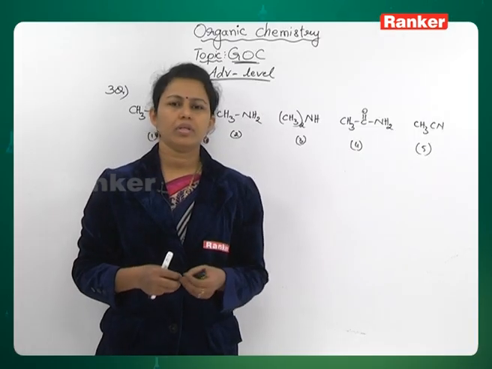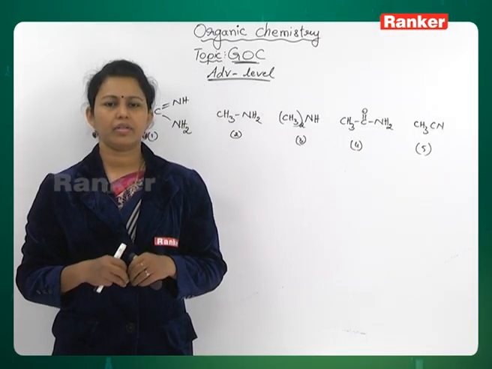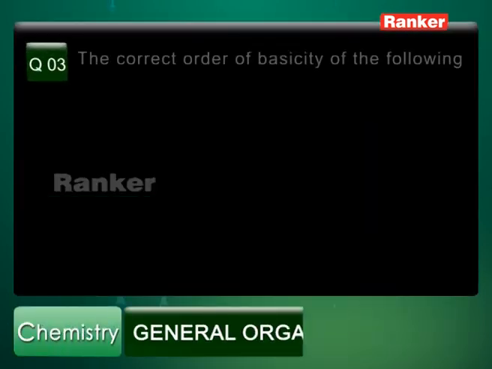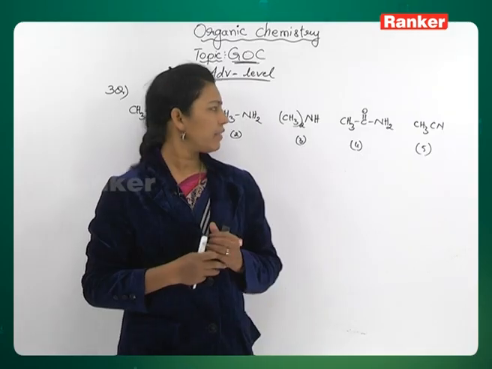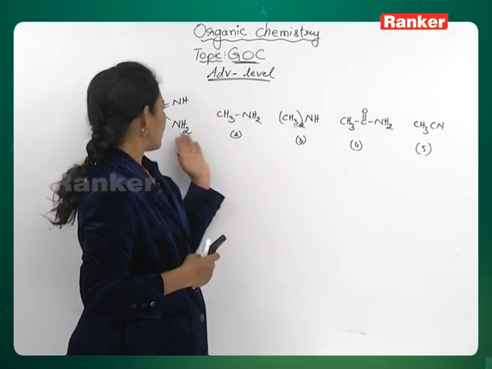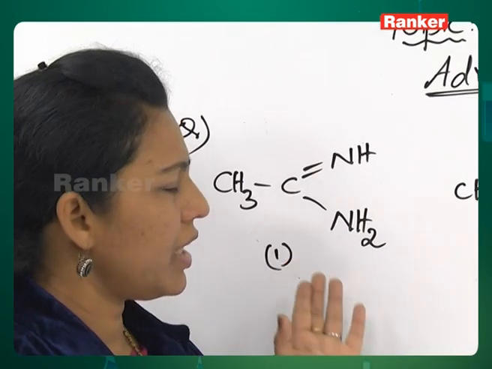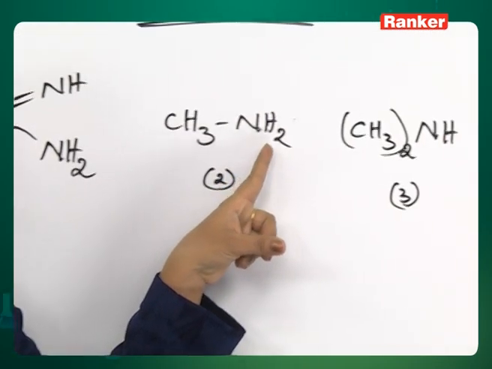Now we will go to the next question, question number 3, and the question is like this. The correct order of basicity of the following compounds is. In this question, 5 compounds are given, and the 5 compounds are amine, nitrogen-based compounds here. The first compound is given like this here, and the second compound is given as NH2,